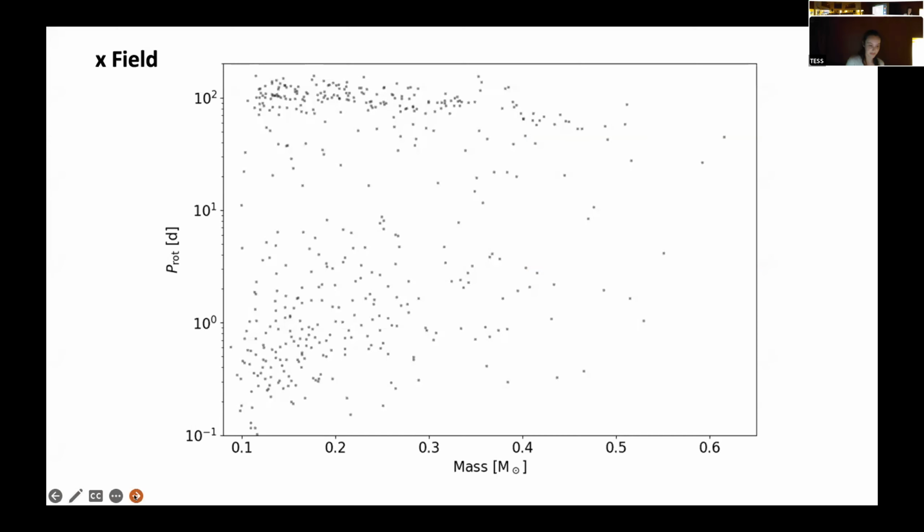perhaps is more likely to retain an atmosphere? So over the course of this talk, I'm going to build up this rotation period versus mass plot with what we know about the rotation periods of low mass M-dwarfs, and also the data that I've collected as part of this project in order to attempt to answer this question.